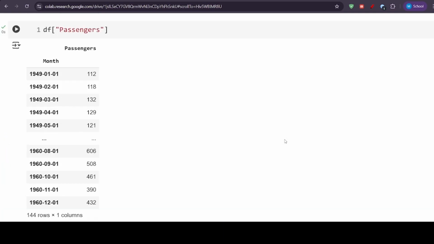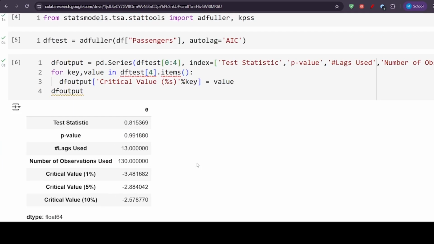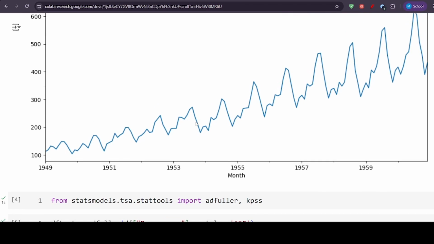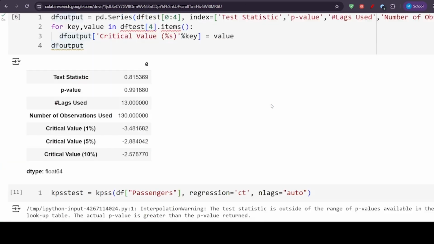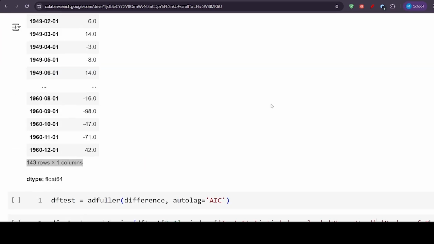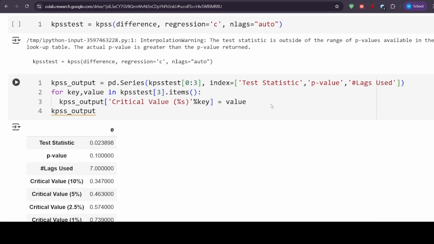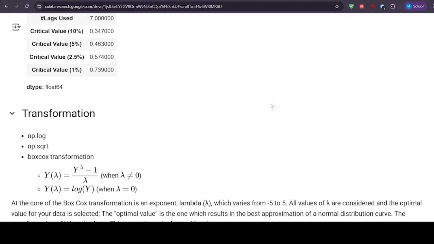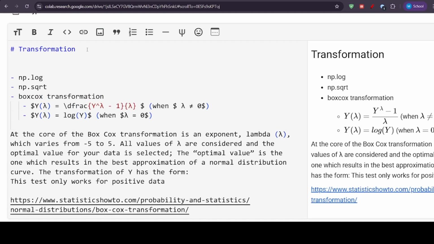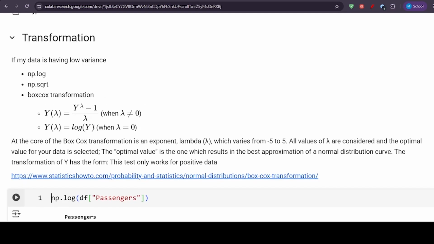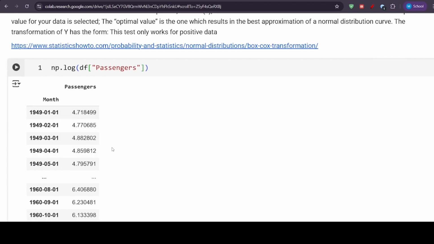Sorry, I think I said that incorrectly. If there is low variance, then only this test will work. Sorry, it's the other way around. If it's a low variance, then only this transformation will work. If it's a high variance, then it will most likely not work, and you have to use some other form of transformation. So this is only for when my data has low variance. Now currently I have high variance,